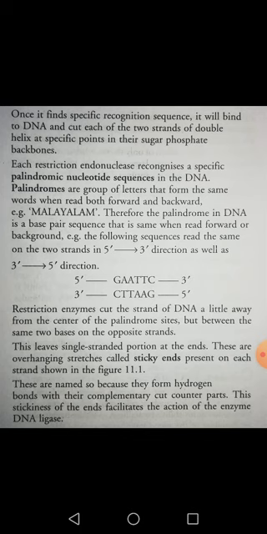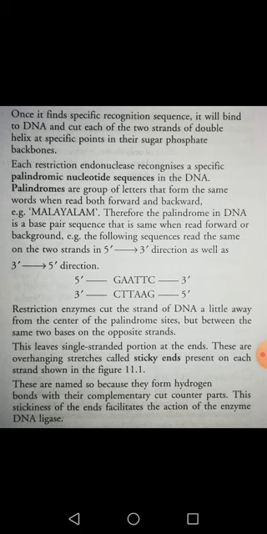Similarly, if you observe the sequence mentioned here in the picture, reading the strand of the DNA from 5 prime to 3 prime direction, the sequence is GAATTC. If you observe the other strand of the DNA from 3 prime to 5 prime, it is CTTAAG. But when you read it in the same 5 to 3 prime direction, it is similar, GAATTC. So this sequence is also an example of a palindromic sequence.